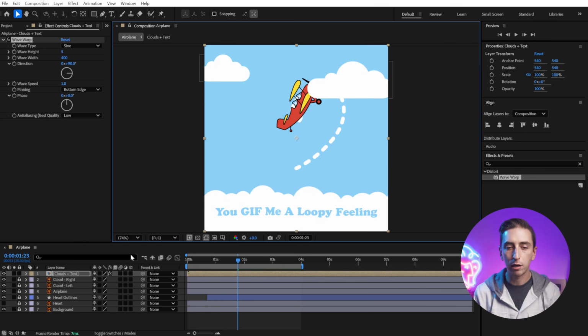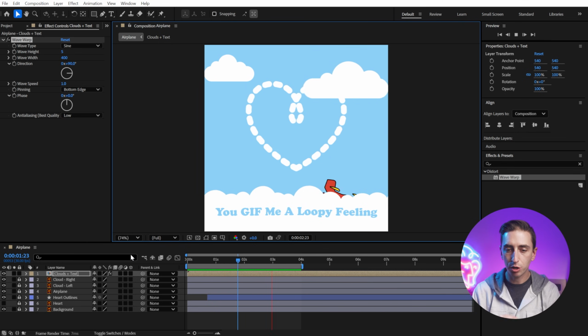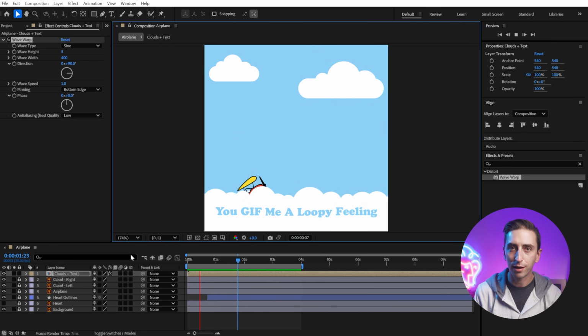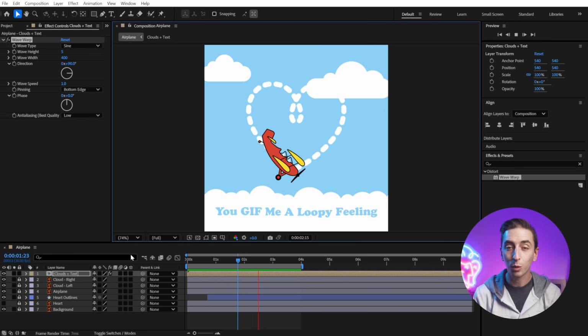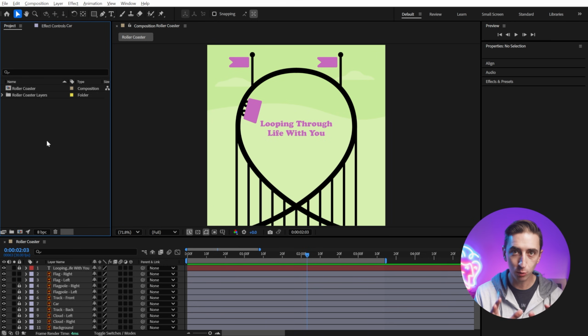It prevents the bottom from being distorted, and if I play this back, we've got that same distortion moving through that text, but down at the bottom, that cloud is pinned to our composition, and with that, we've completed our entire seamless loop. Now, if you're animating this roller coaster project instead, or you're coming back to this after watching